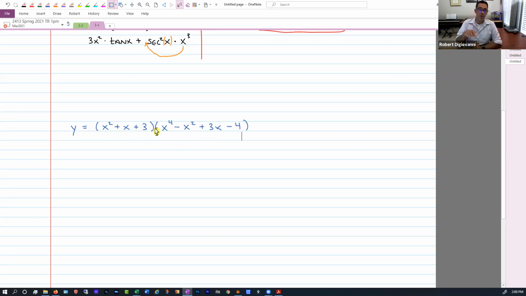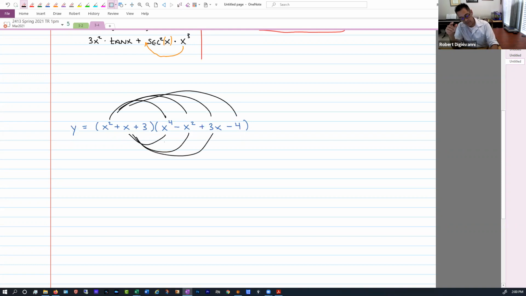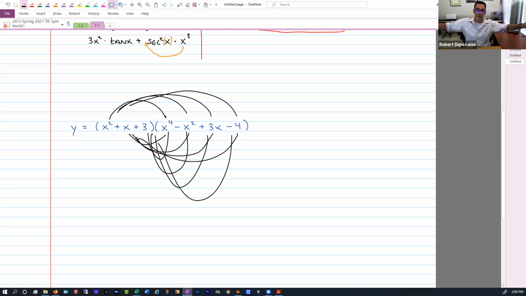So one thing we could do is expand this out. We could just do algebra, do this times this, this times this, this times this, and we can multiply everything out. And if we did that, we'd have this big long expression with just pluses and minuses between them. And we could differentiate them one by one, couldn't we? We could, but